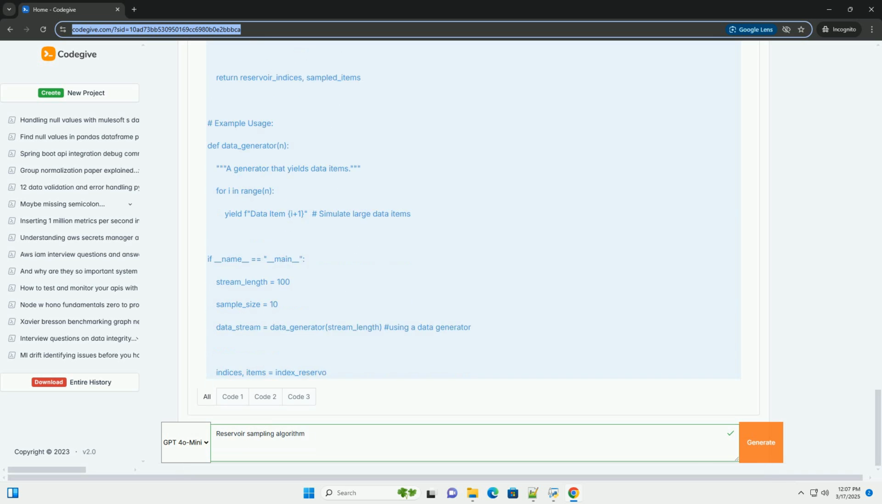Proof of uniform probability. Let's outline a simple proof that, after processing n items, each item has a probability of k/n of being in the reservoir. For the first k items: when n equals k, each of the first k items is definitely in the reservoir. Probability is 1 equals k/k. For items k+1 to n: